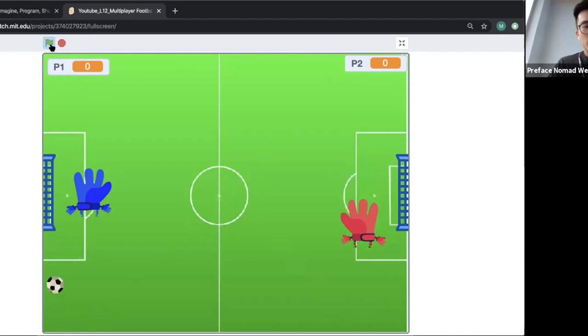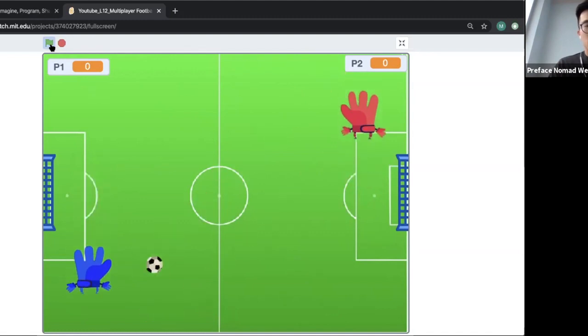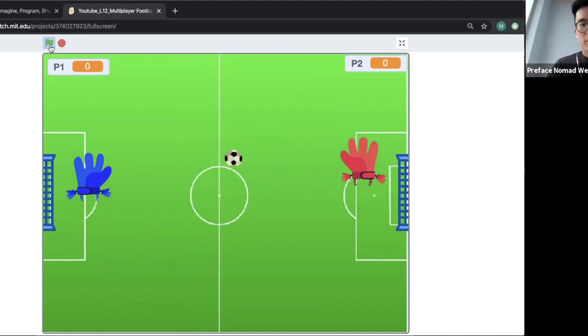So right now you see that the ball is moving. The ball can move throughout the whole screen. And it bounces off the edges, but it's not only bouncing off the edges, it also can bounce off the different players, right? So look at it. The ball can go in any different direction to begin with. It starts in the center, goes into different directions. And once it's started, it can bounce between the players, it can bounce on the edge,